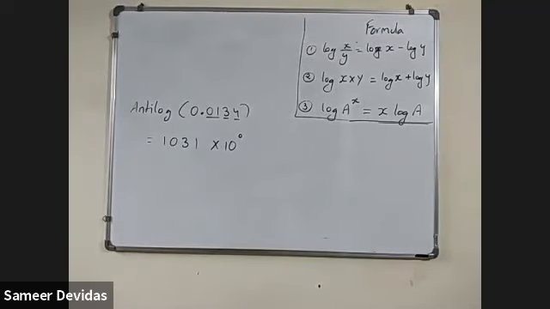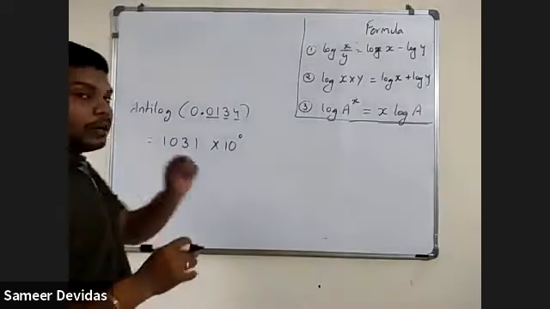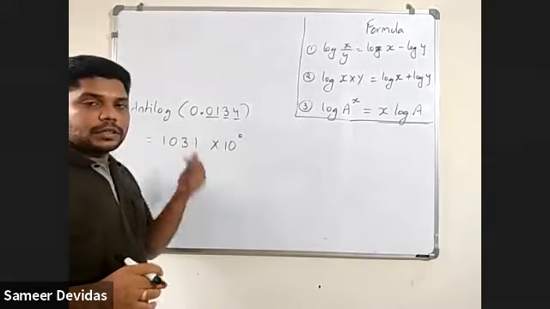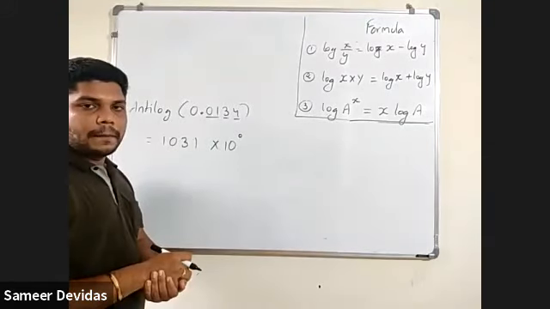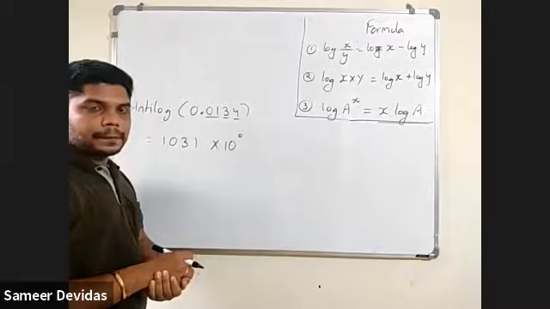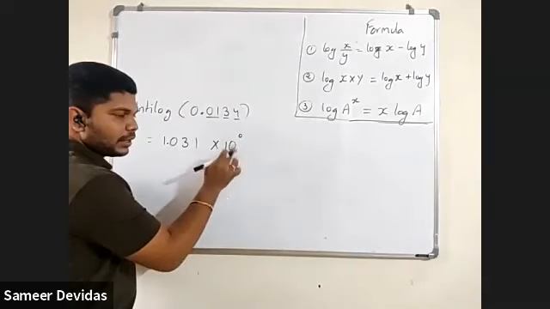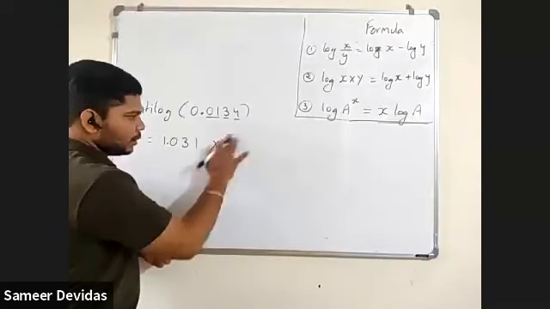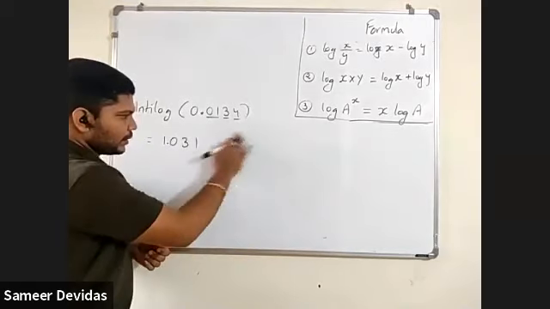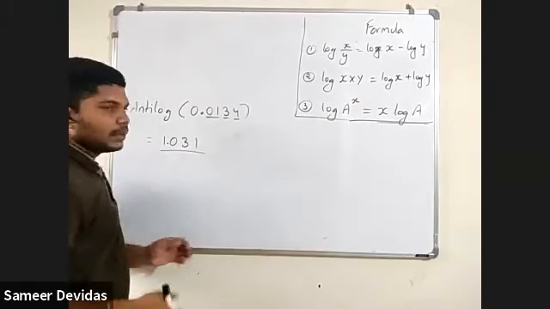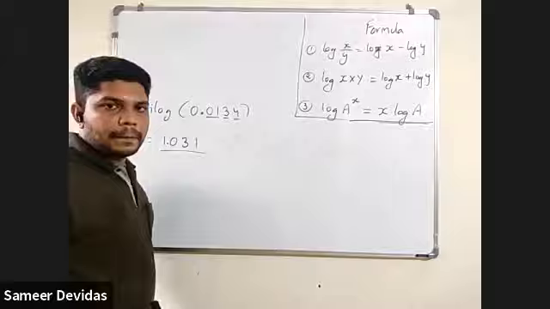Okay. So what I have told you, you have to put the decimal just after the first number. So which is the first number here? 1. So put this decimal. This is your answer. So this is considered as 10 raised to 0 is 1, so just delete this thing. So your answer is this. Clear? Yes, sir.